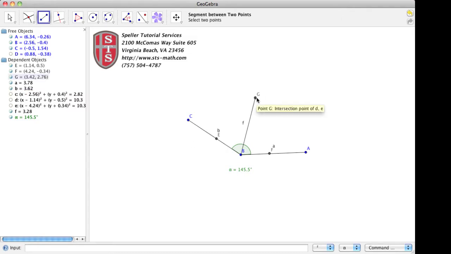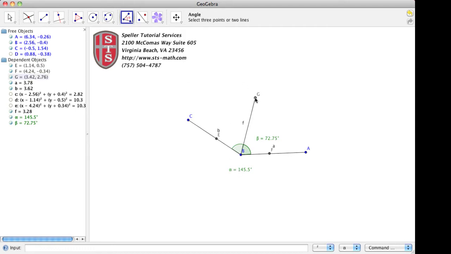The first angle we're going to look at is GBA. So I'm going to go back to my angle tool, and I'm actually going to select this angle in a clockwise motion starting at A, and we'll see that created an angle beta that has a measure of 72.75 degrees.